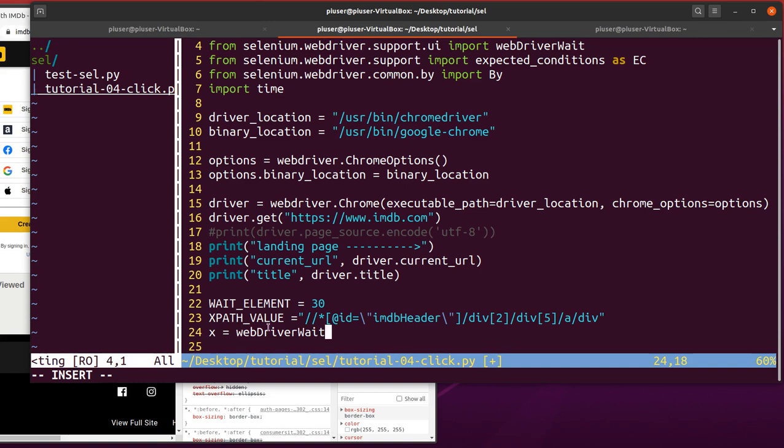I will then place inside of that driver, and I'll put my variable. So WebDriver wait is just waiting for the element, because